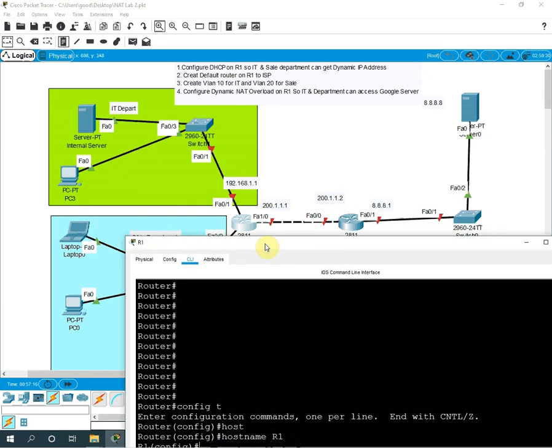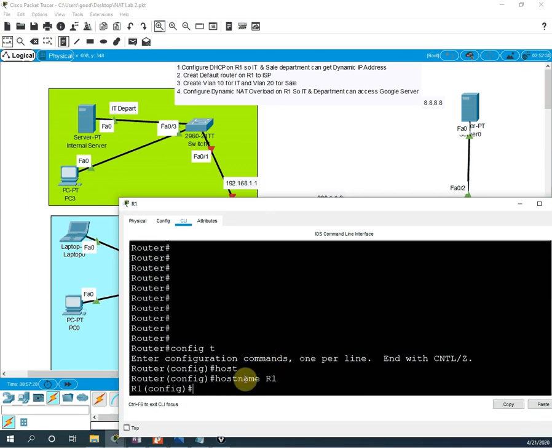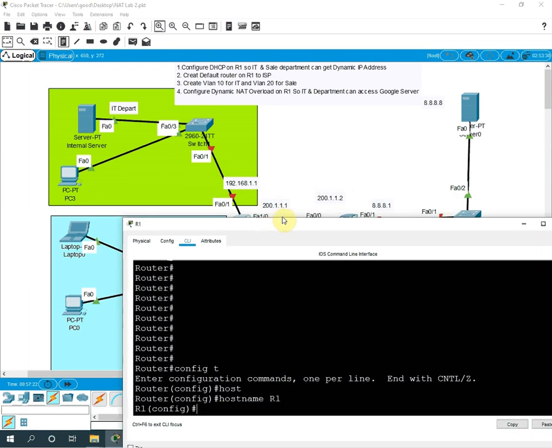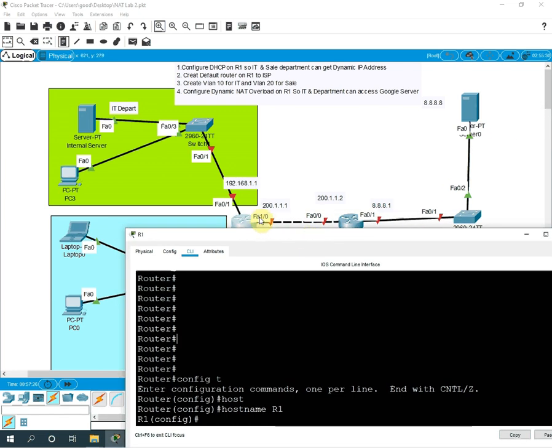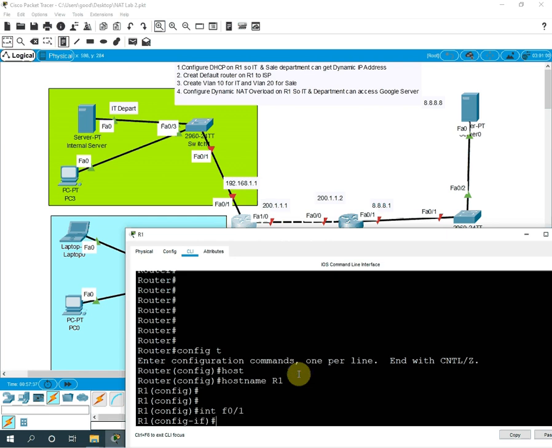So let me go to this router. This is a router. What I can do is configure. First of all, I am going to configure this F0/1. So how will I write? We need to go to interface mode, that is F0/1. Now we are inside the interface mode.